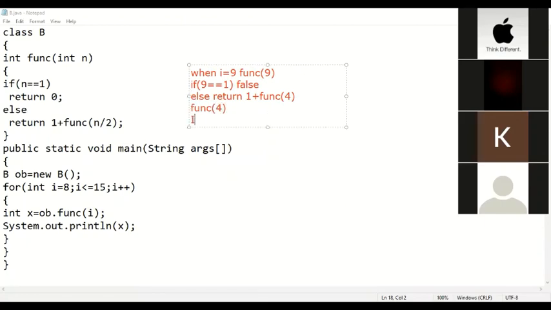Okay, now the function is called with the value 4. Again check if 4 equals to 1, which is false. Then it will not return 0. This is false. 1 plus function is being called with the value 9/2.